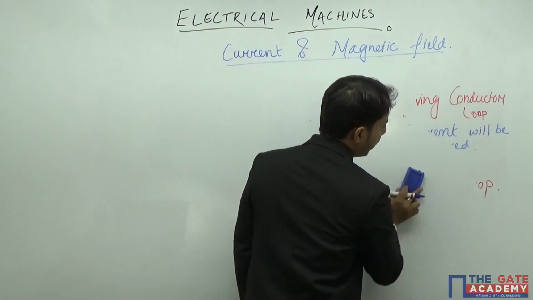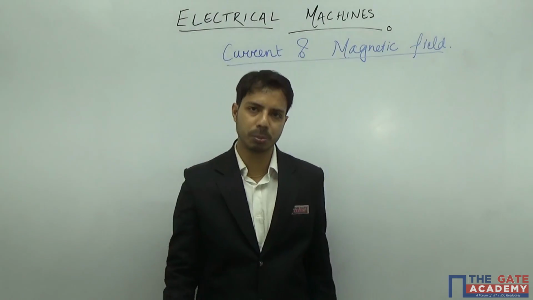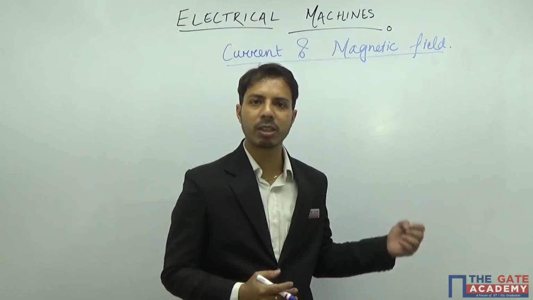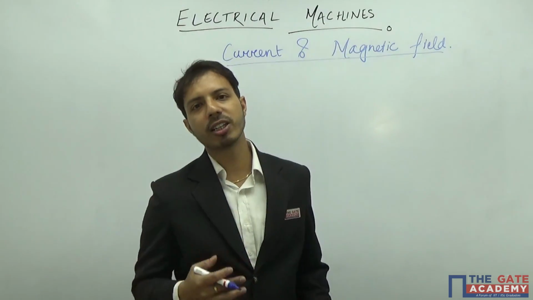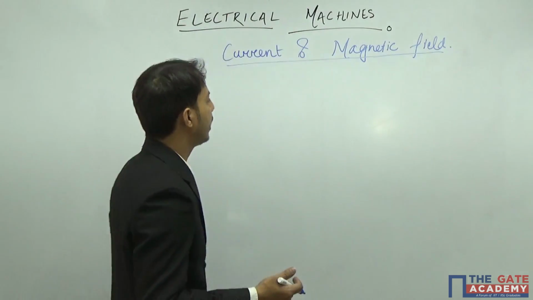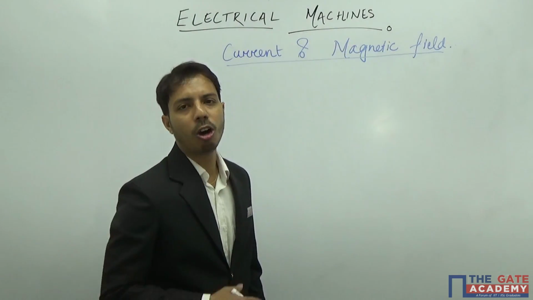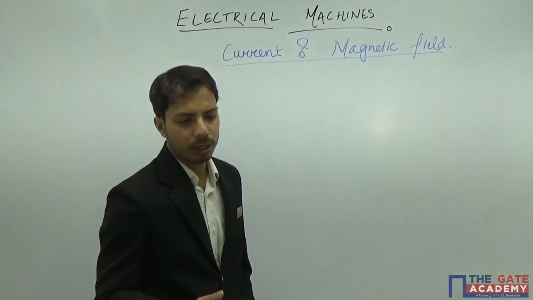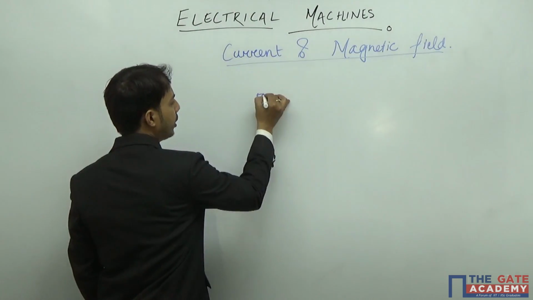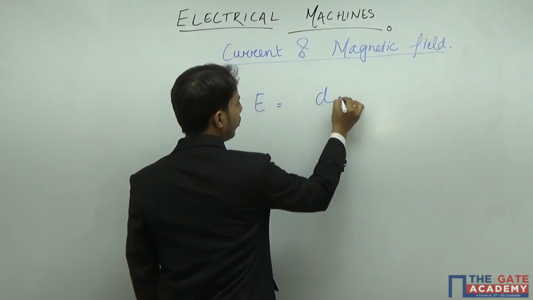Now what does Faraday's law say? Faraday's law explains the phenomenon of this particular experiment. What he says is that the current is produced because some EMF is induced in that particular coil. And he gives the relation between the EMF which is induced and the reason why it is induced. So he is saying that EMF will be induced whenever there is flux cutting action or flux linking in such a way that flux is changing itself. Or in other words, EMF is induced in a coil, and that EMF is nothing but the rate of change of